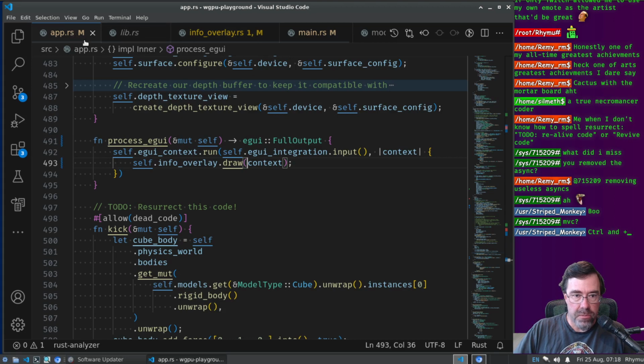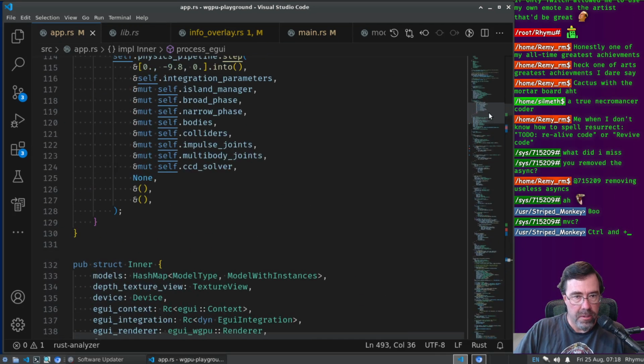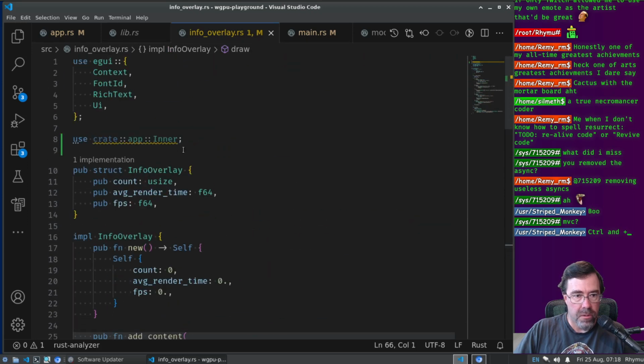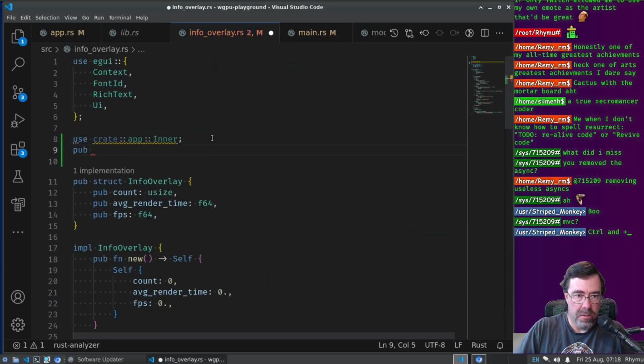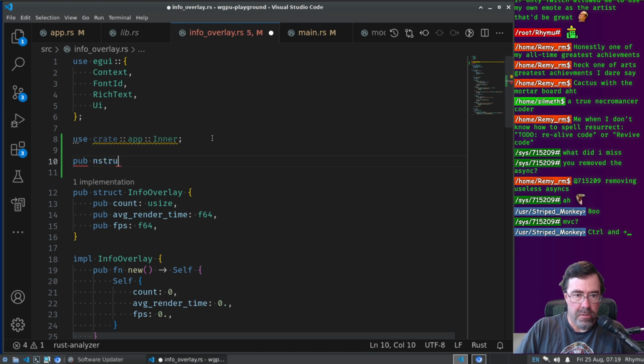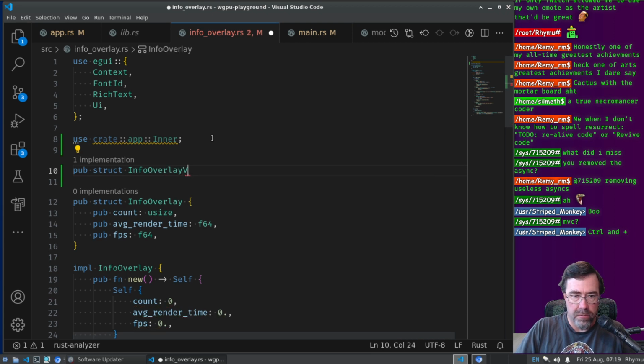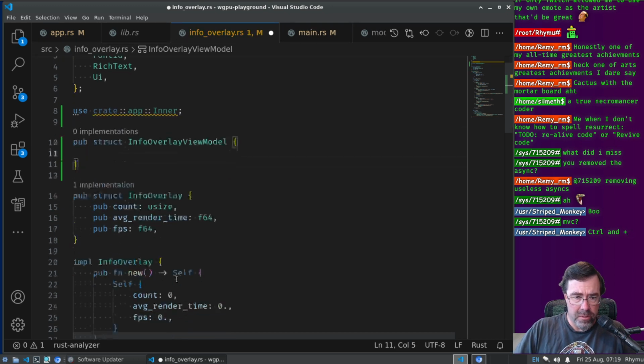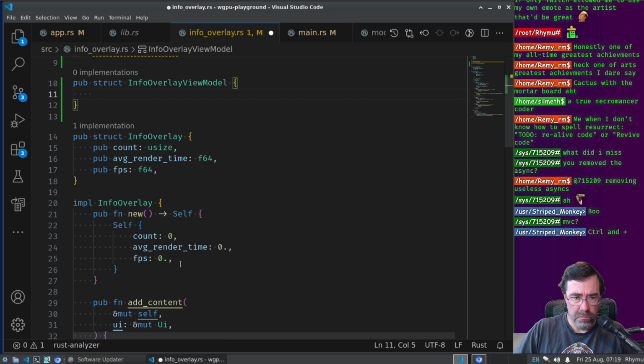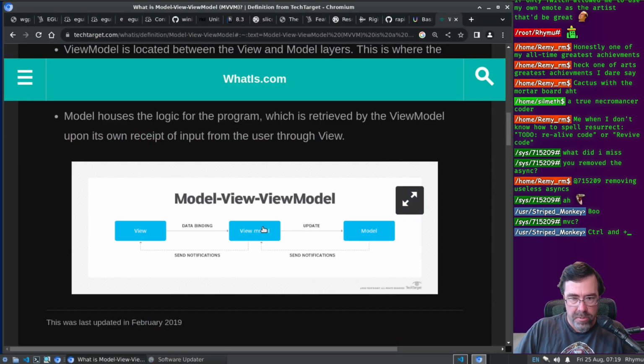So this is what I'm going to do. Up in the info overlay, we'll make another struct called info overlay view model. So what does the view model need? Let me think about this. I actually need it to go both directions, like this diagram shows. It has to be able to update the model and send notifications to the, well,